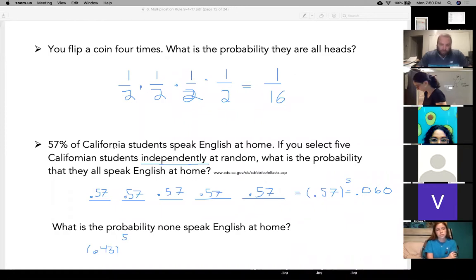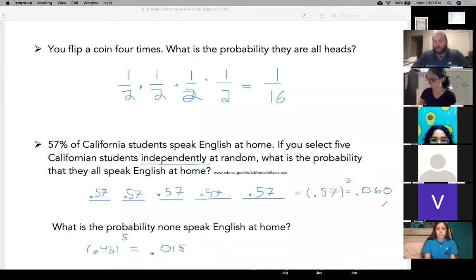Second one, 43%. Third one, 43%, 43%, 43%. So what is 0.43 to the 5th power? 0.0147, we'll say 0.015. Okay. So there's a 1.5% chance none of them speak English at home, and a 6% chance all of them